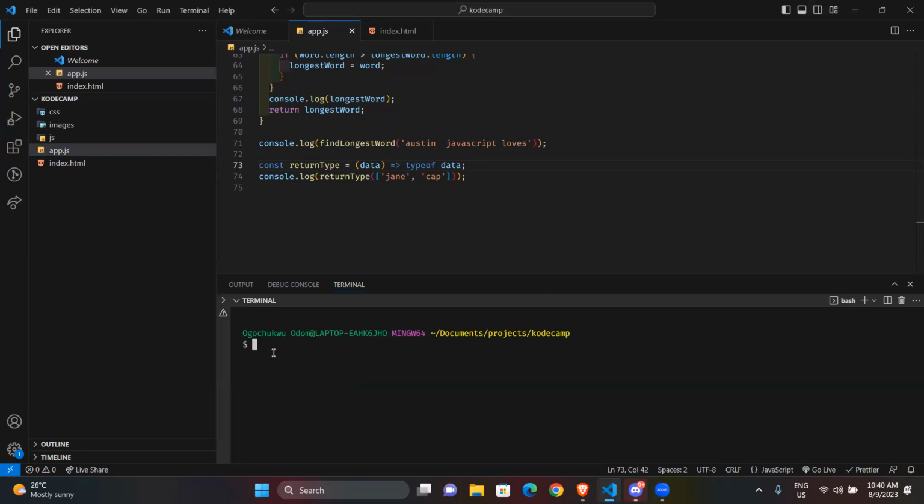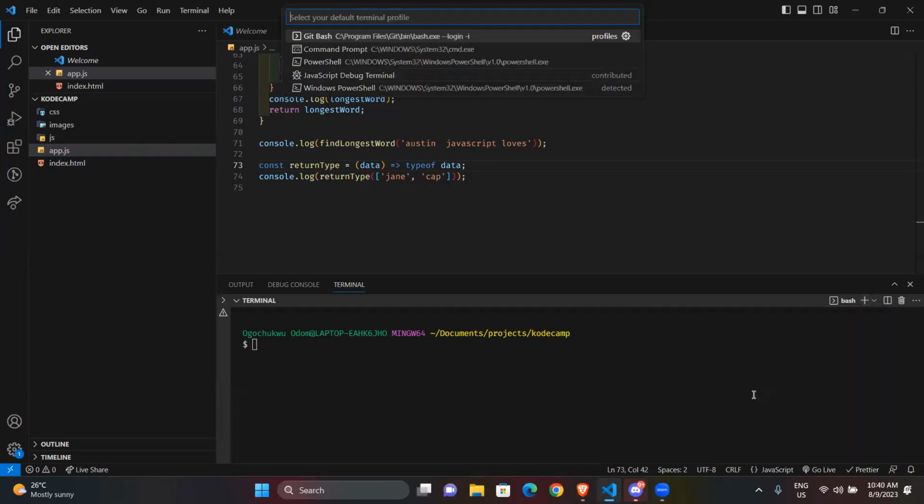another terminal, a bash, a Linux kind of terminal. Which is what I showed us the first day, where you set git bash as the default. You go to select default profile. It gives you this option. Do you want command prompt, PowerShell, all those things?